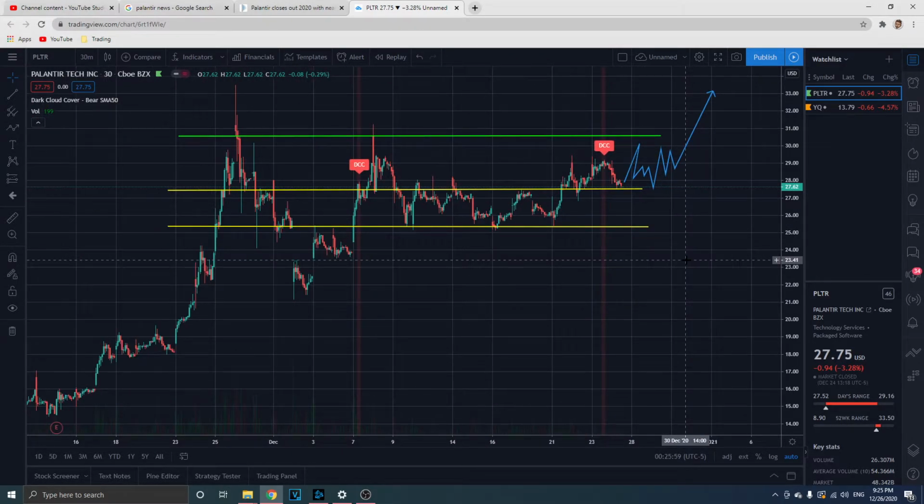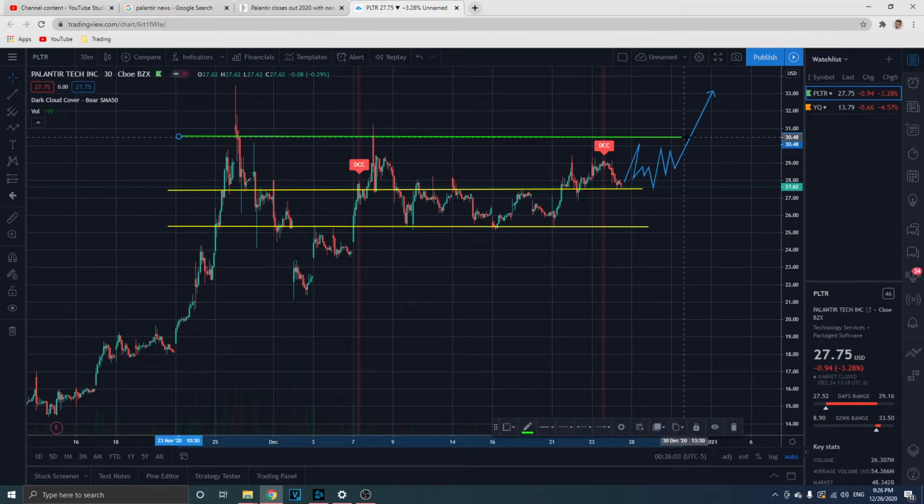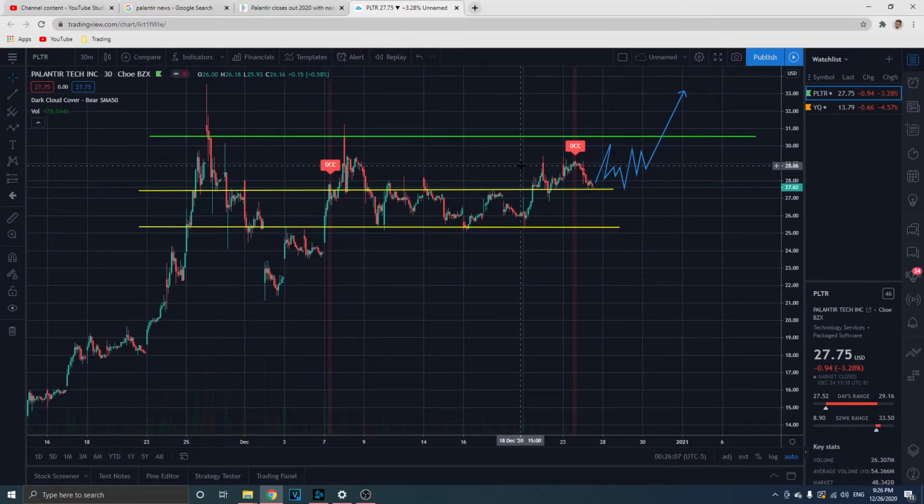Yeah, that sounds about right. It looks pretty legit. Okay, that's going to be my resistance, right? The $30 mark is going to be my resistance. Breached once, breached twice. I don't think there is going to be a problem breaching it again. I would even say right here